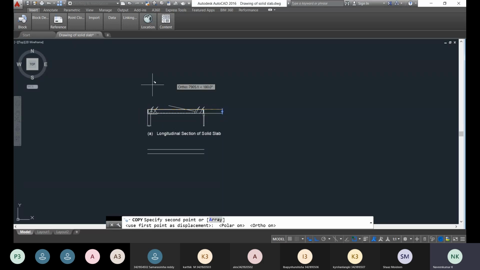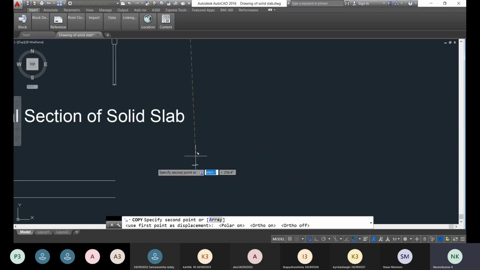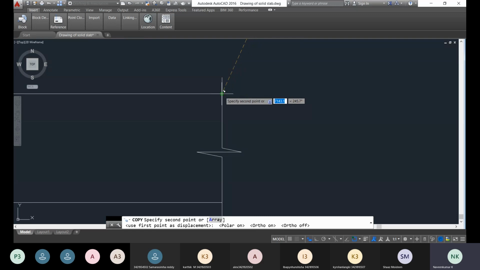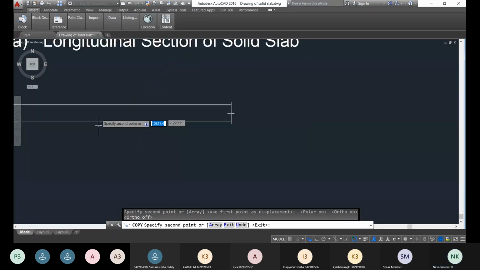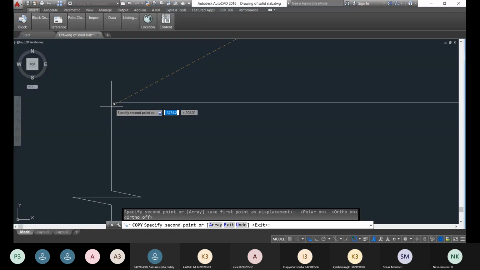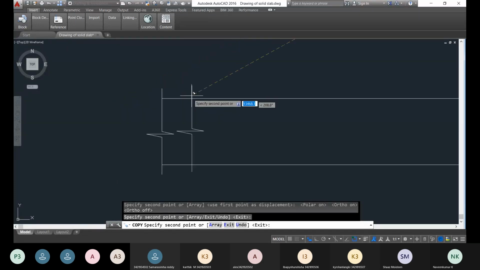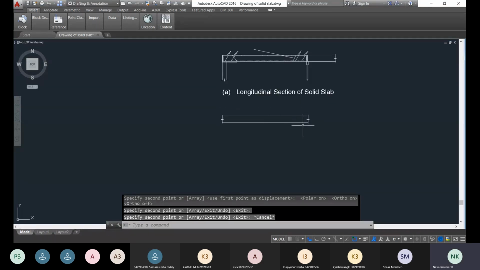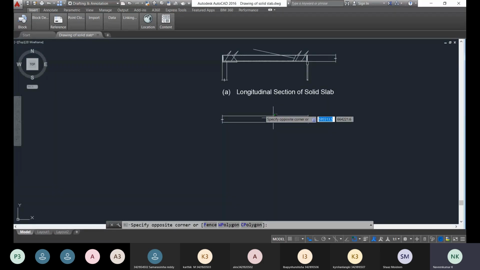This kind of rotation is only possible if the ortho command is on. So for that you just turn off the ortho command and choose like this. This is the way the topmost surface of the T slab is created.